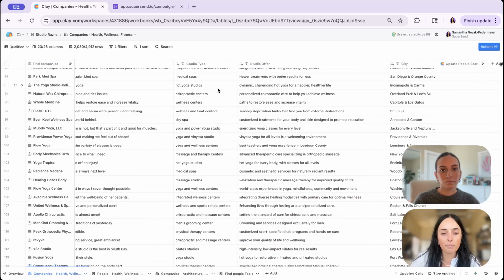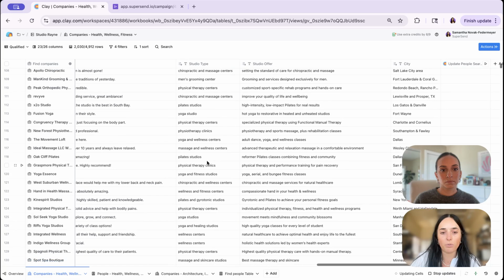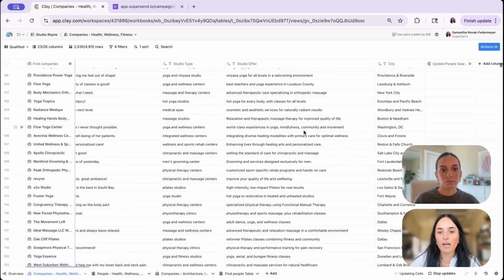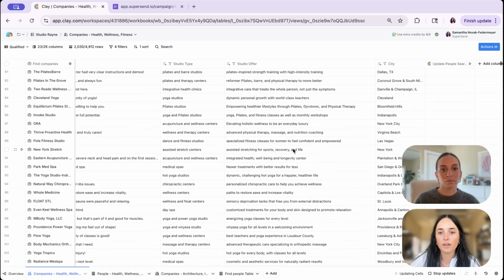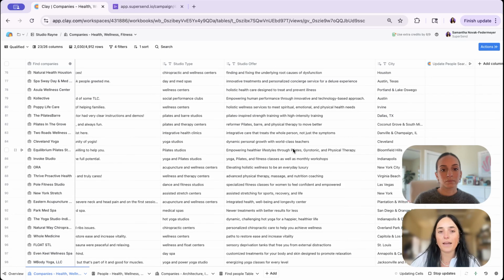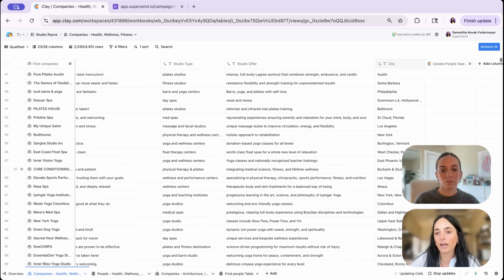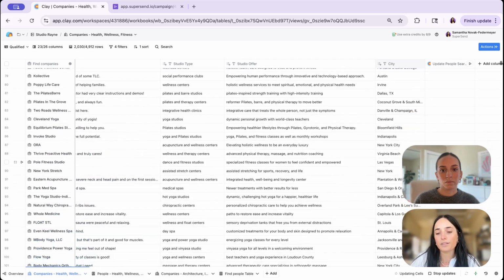When we look at studio type, I scrolled through a bunch and it looks like they really came up with short and sweet studio types. And then the studio offer, I noticed some of them have periods, some of them have weird uppercase punctuation. We took that out of our copy, so that's not really a problem right now. We weren't going to use studio offer, but we'll still bring that under the contact when we import into SuperSend. And then the city we also normalized as well. I think all of these would fit perfectly fine inside of our copy.